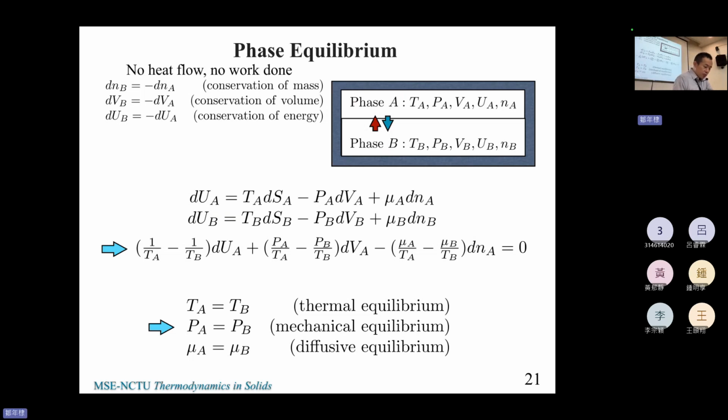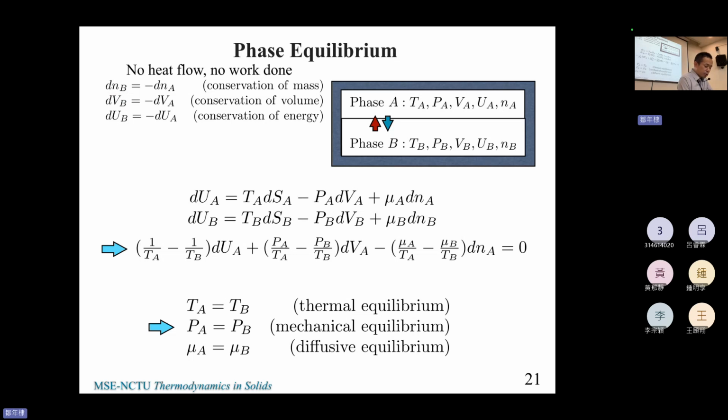Okay, so now we see across this interface, they need to swap the material, right? But because they are all in the same system, nothing is added. So across this interface,